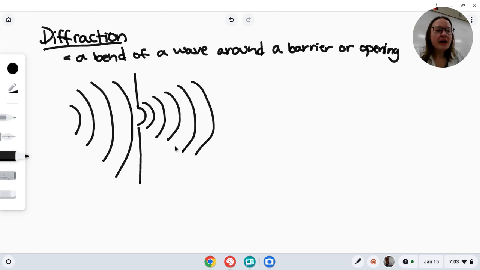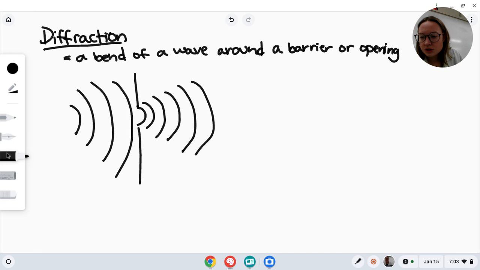This is what happens when you have sound coming out of a speaker. When you have sound coming out of a speaker, it bends, then makes it through the little opening, through the little speaker, and then it spreads out a little bit. Here's what you need to know: then you get a wave that, I'm going to use my other color, let's go to our pencil here. That's my light pencil. You get a wave that makes a shape like this.